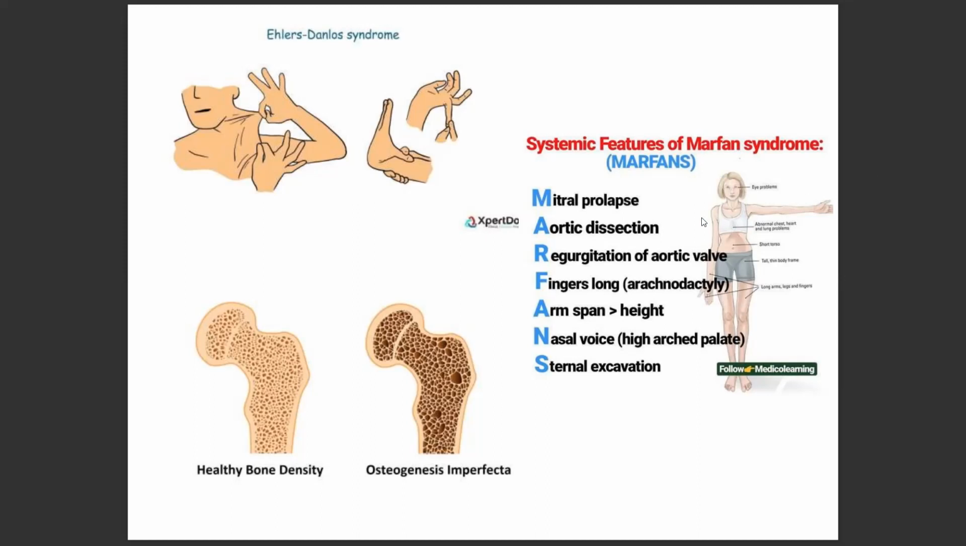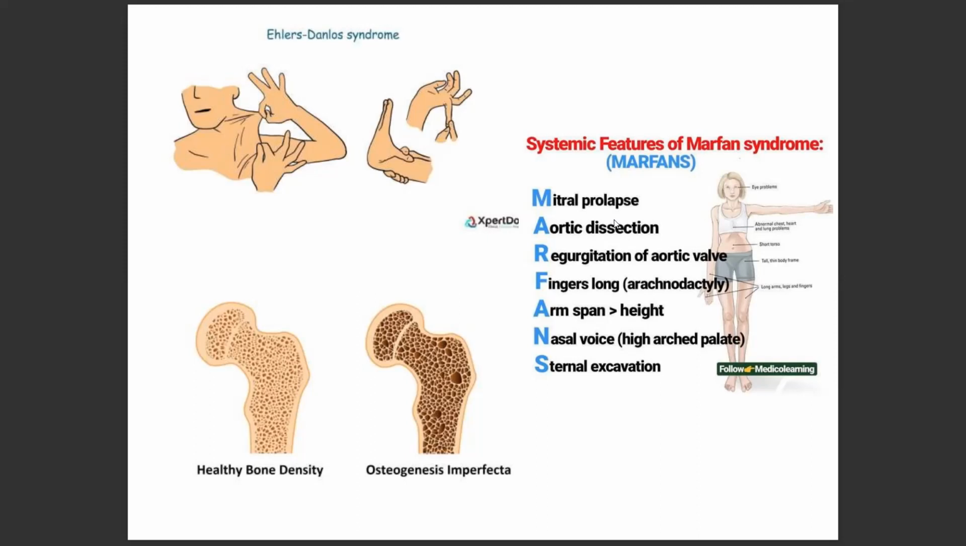Normally, an average person without Marfan syndrome, if they span both hands open, from the right middle finger to the left middle fingertip, this horizontal distance will be less than the total vertical height. But in Marfan syndrome, the distance of the arm span will be more than the height of that person. Other systemic features which may be present in Marfan syndrome can be mitral prolapse, aortic dissection,